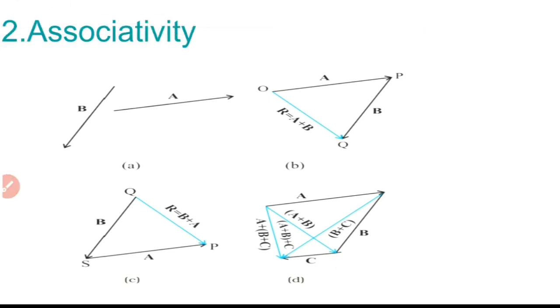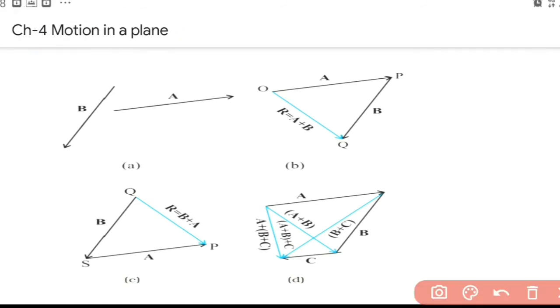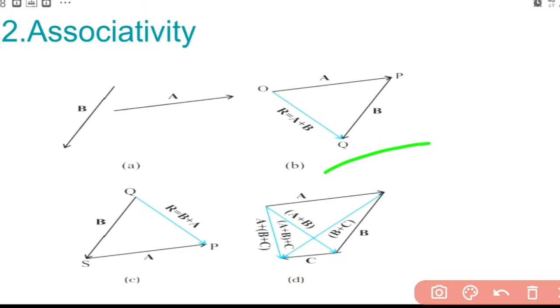Okay, so we can prove that associative property by the graphical method. Here the first two diagrams we discussed are the same, that is A plus B and B plus A. The two vectors, vector A and vector B, are given. First we draw A plus B. This diagram shows vector A plus vector B. While drawing you should be very careful not to change the direction of vector A and vector B. You have to draw in the same direction. Then vector B is also drawn, and A plus B you will get like this. Then in the second diagram, which diagram is this?